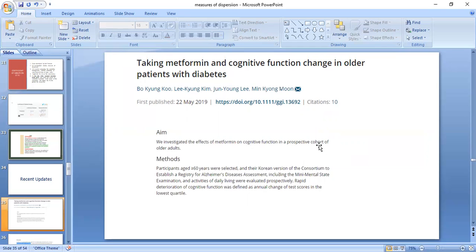on cognitive function in a prospective cohort of older adults. Method is participants ages greater than or equal to 60 years were selected, and their Korean version for the consortium to establish a registry of Alzheimer's disease assessment, including mini mental state examination of daily life and activities of daily living were evaluated prospectively. Rapid deterioration of cognitive function was defined as annual change of test scores in the lowest